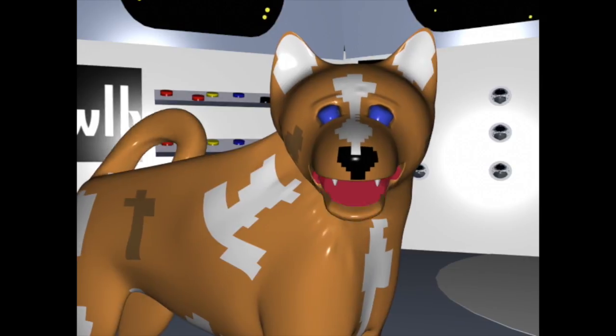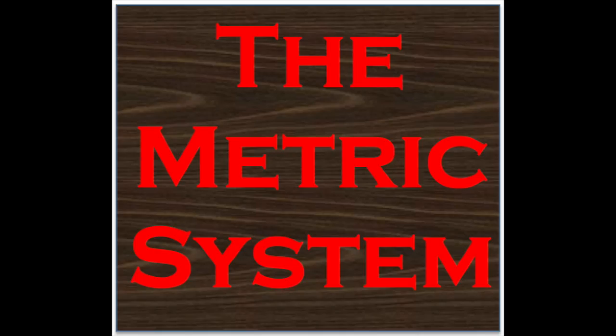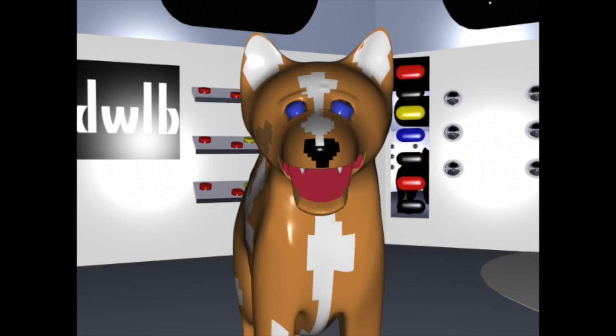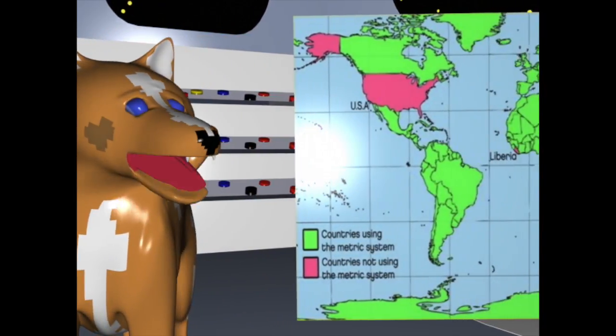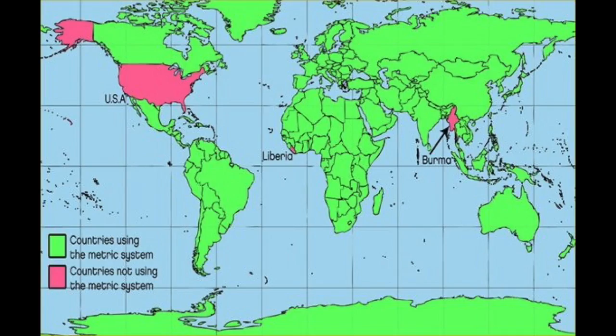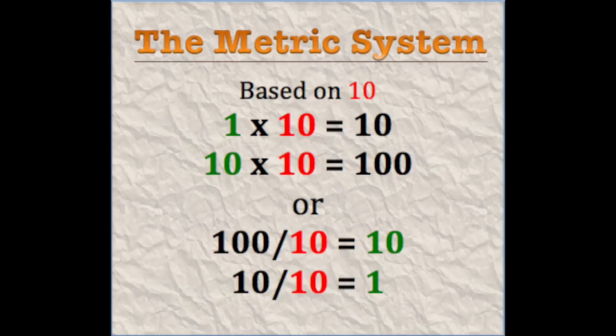But there's a better way. It's called the metric system. In fact, it's so easy to use, it's used in almost every country around the world. Well, almost every country. One of the reasons that the metric system is so easy is that it is based on 10. And when we convert our numbers to larger or smaller units of measurement, we only need to multiply